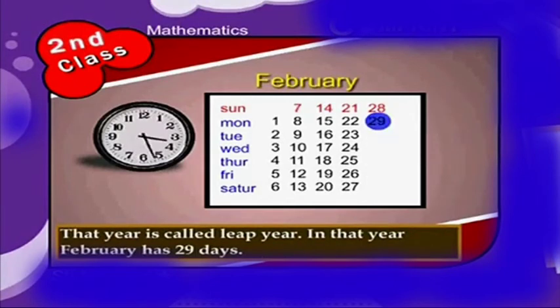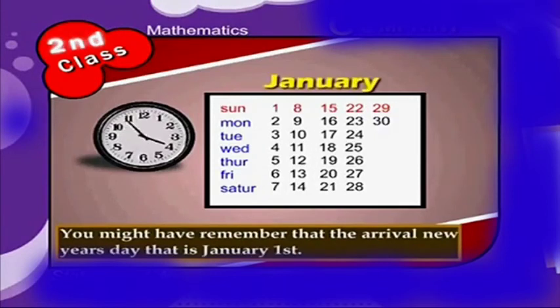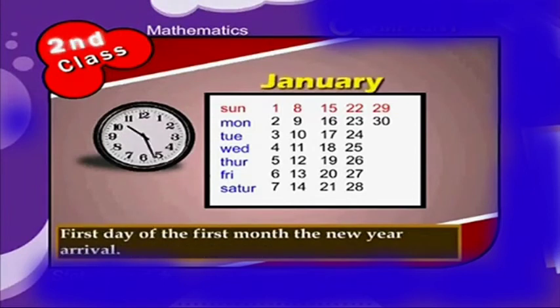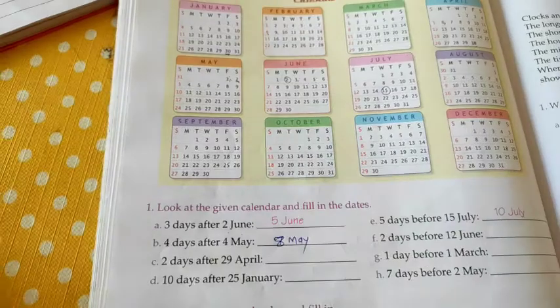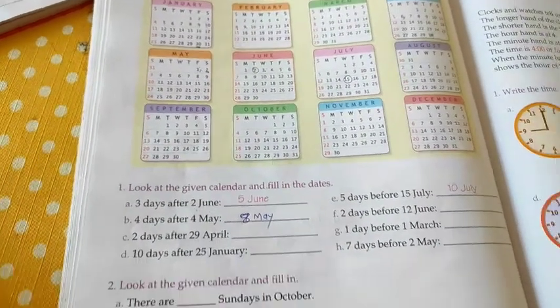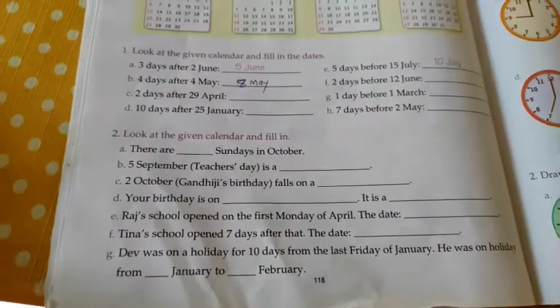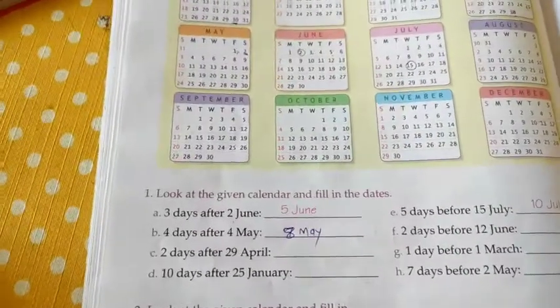That year is called a leap year. In that year, February has 29 days. You might have remembered that New Year's Day, that is January 1st, is the first day of the first month. Now I am going to explain the exercise on page number 118, and the question is,